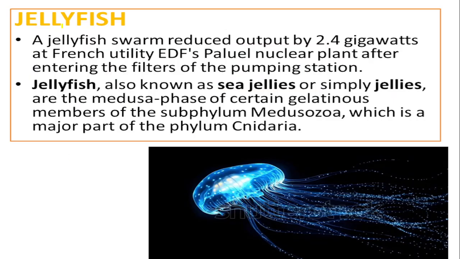First, jellyfish. Here a swarm of jellyfish reduced the output by 2.4 gigawatts of a French utility nuclear plant, right, by entering the filters of the pumping station. And this is the uniqueness of this situation, that the jellyfish swarm, or you can say which have become alien species in a particular system, can hamper